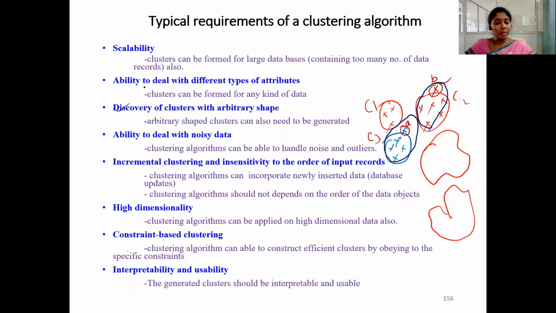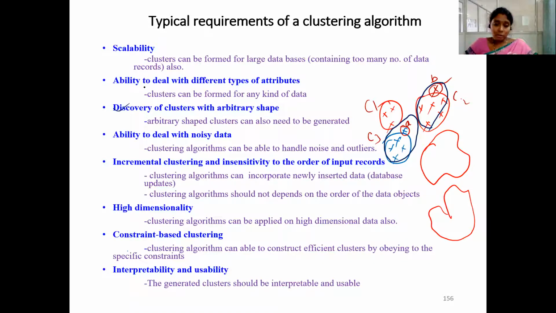Coming to the next one, incremental clustering and insensitivity to the order of input records. This joins two points separately actually. The first one is incremental clustering. Incremental clustering means the clustering algorithm can incorporate newly inserted data. Suppose your algorithm has started creating clusters, and the data is dynamic, not static. With respect to time, data is being added.